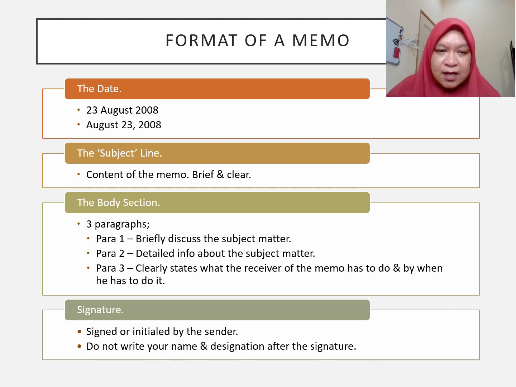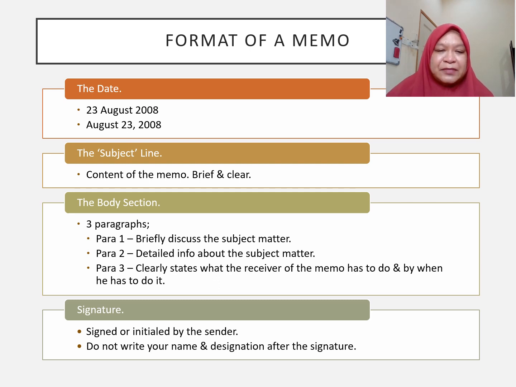Next we have the date, and the subject line. The subject is briefly about the content of the memo. For the body parts we have 3 paragraphs basically. The first one briefly discusses the subject matter. The second one gives more detailed info about the subject matter, and in paragraph 3 basically we state what action we need by the